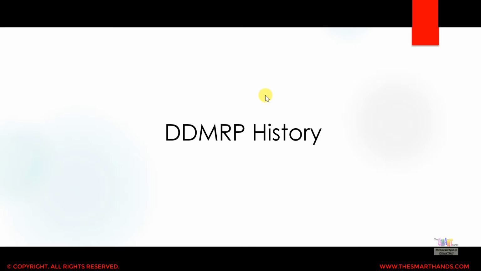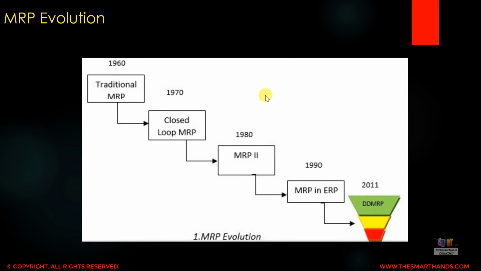Now let us look at the DDMRP history. Basically, MRP, as we know, is not an SAP-only tool. MRP was launched in 1960, a long time before SAP was introduced. In 1960 traditional MRP was used, and then in 1970 they came up with another version called closed loop MRP. Then in 1980 MRP2 was launched, in 1990 MRP in the ERP system was launched, and in 2011 we have the DDMRP